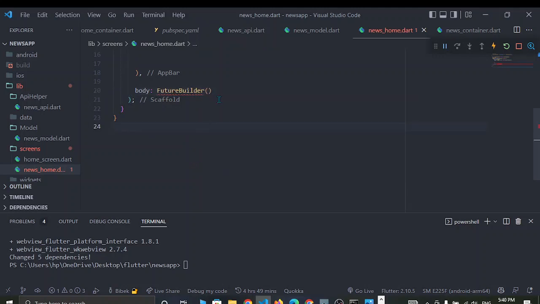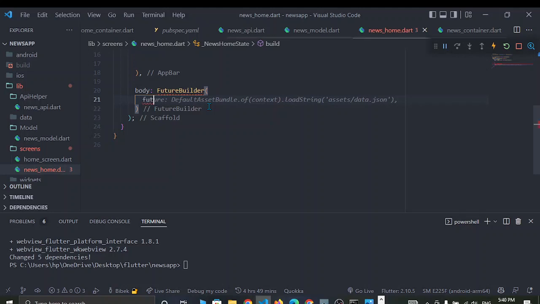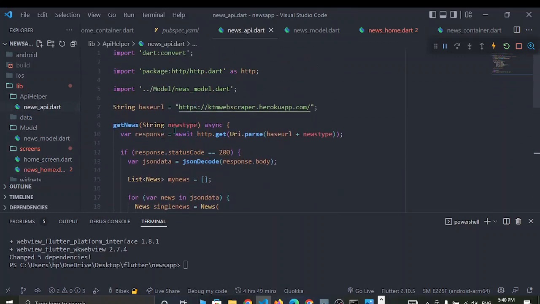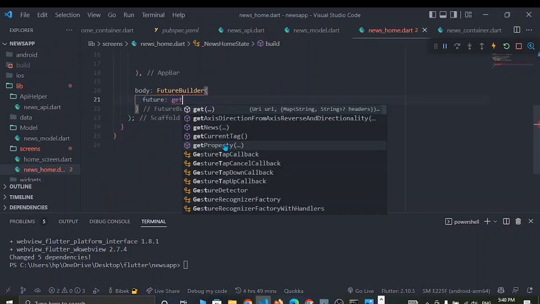Okay, this will take two properties called future and builder. So future is going to be our API call. So let's call our API, that is news type. Okay, sorry, get news, future get news,